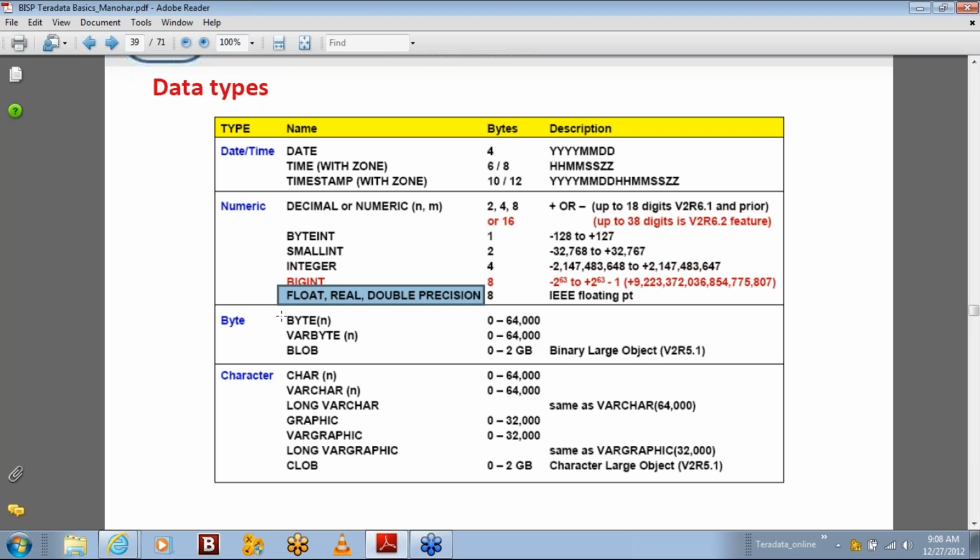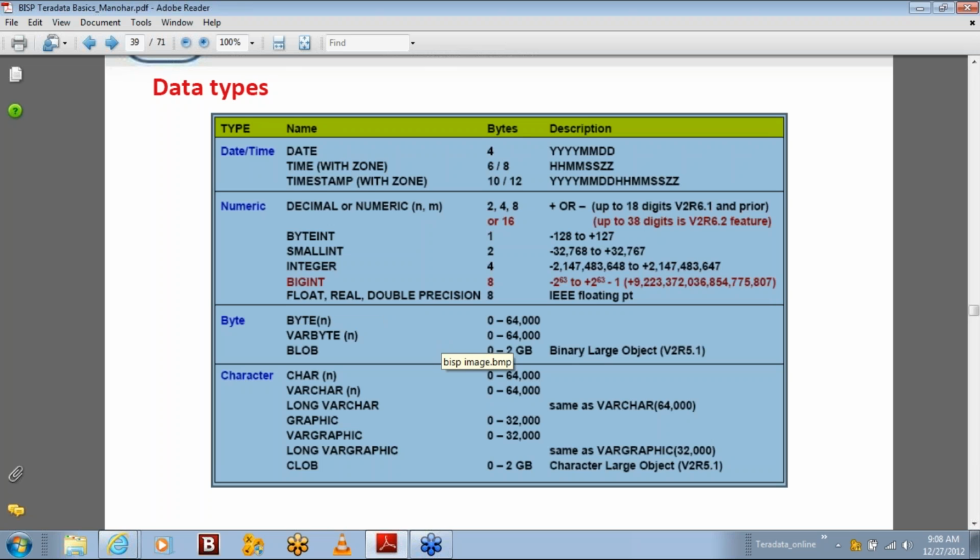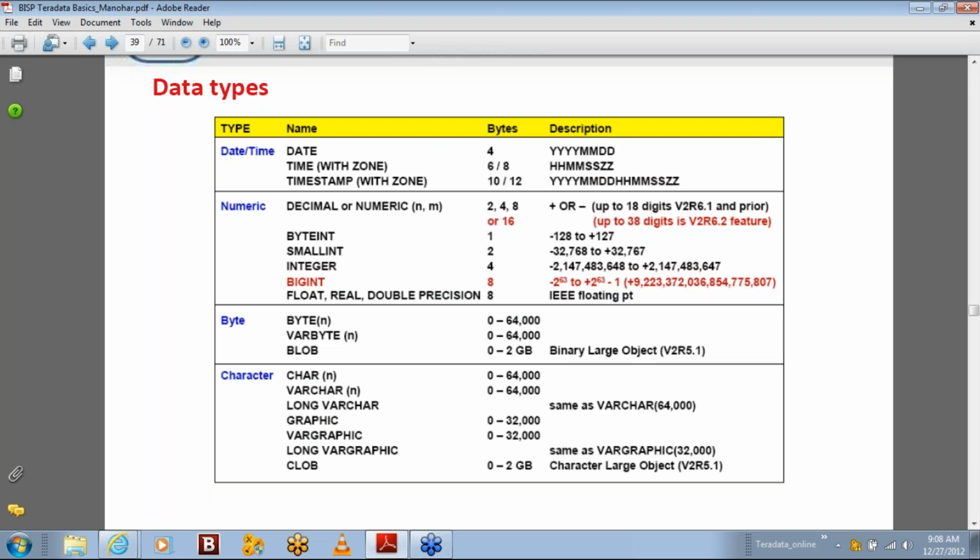Similarly, we have byte, varbyte, and blob, the binary large objects, which store binary data, for example some pictures, some graphics. So for graphics, we have the graphics data types. For characters, we have character, varchar and long varchar, and for binary data, you can have byte, varbyte, and blob. Based on the size of that particular column, you can declare a byte